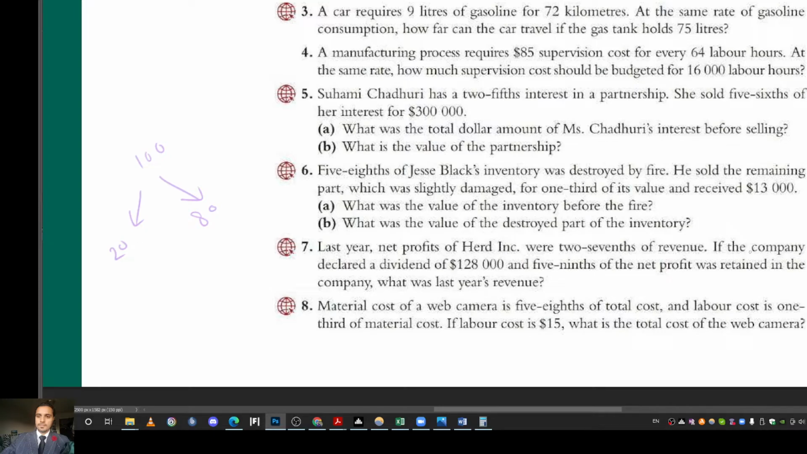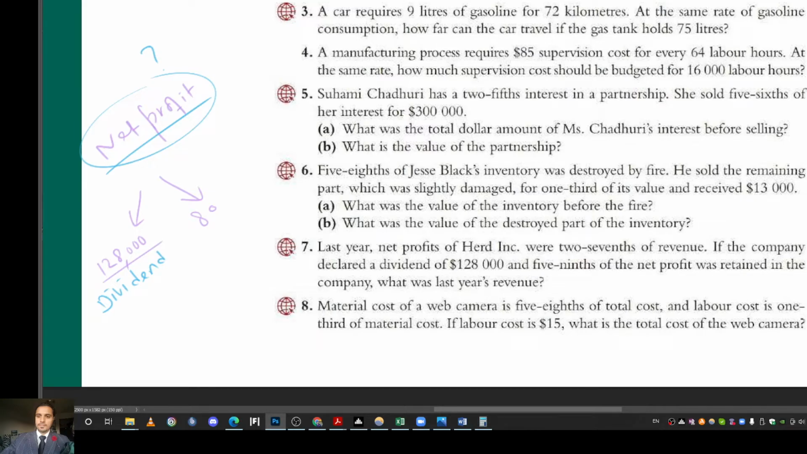That's a separate fact. The other fact we're told is the company declared a dividend of 128,000. So basically, the dividend that they paid was not 20, but 128,000 out of the net profit. We don't know what that is. In our imaginary example, it's $100, but we don't know in this case what the net profit is. It's a question mark. We do know that the dividend, which is part of the net profit, was 128,000, and